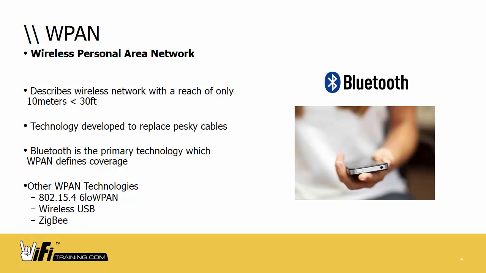They essentially just send a quick burst of energy across the Zigbee wireless network that tells you whenever the window sill has been opened. Other than that, it pretty much just sits there and sends out a little beep every now and then to let the control panel know that it's active. But other than that, it doesn't talk a lot, and therefore doesn't require a lot of battery, right? So each of these protocols has a different purpose and different use, and Wi-Fi is just the predominant one we use most of all today to access the network or internet.